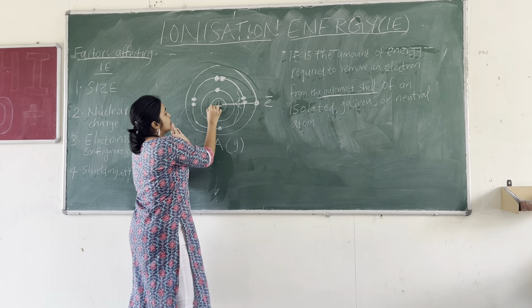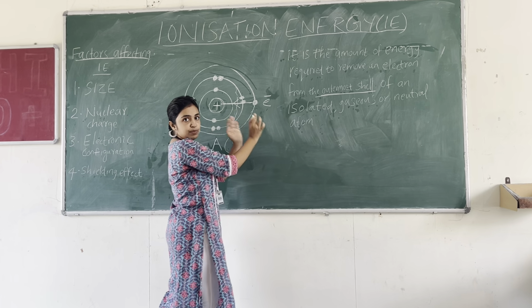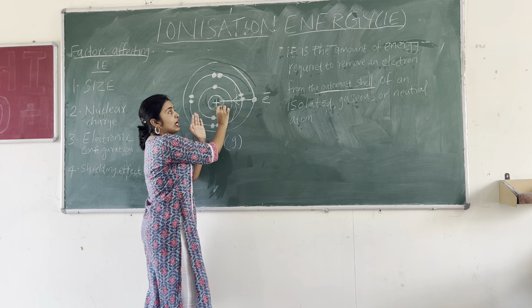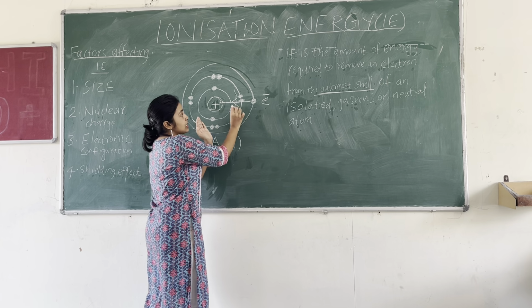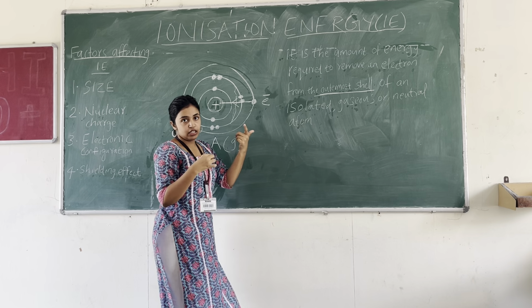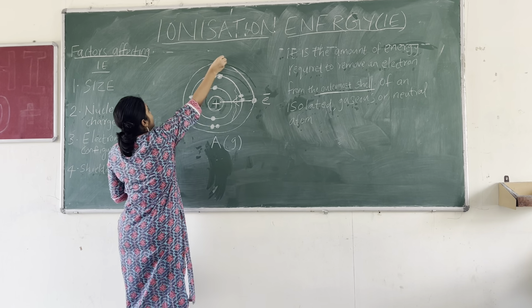If we consider this positive charge, this nucleus, as the mic and the electron as the person, then in the first shell the attraction will be greater. As the person moves away from the speaker, he cannot hear everything clearly. Just like that, as the electron moves away from the nucleus,